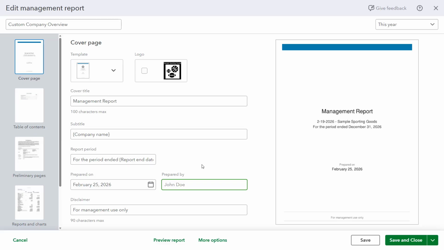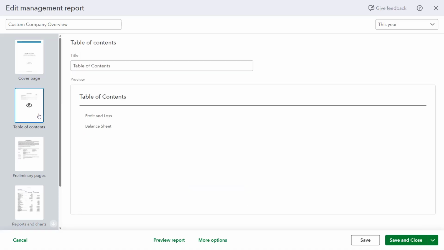To customize the management report's table of contents in QuickBooks Online, click the Table of Contents icon at the left side of the window to show its settings to the right. To hide the table of contents from the management report, hover over its section icon and then click the eyeball symbol that appears to place a strike-through across it. To show it again, click the same icon to remove the strike-through. To change the title of the table of contents, change the value in its title field to the right. The names of any reports added to the Reports and Charts section appear as entries in the Preview section to